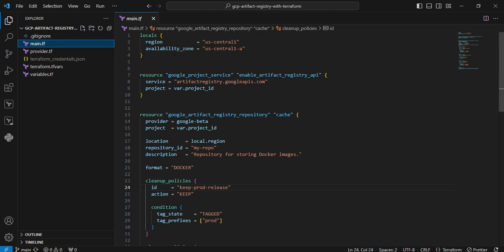So the first one is the local value, assigning the name to the exponential. Here I am defining two values, one for the region and another for availability zones. Corresponding to the environment, I am going to define it here. The next resource is the Google Project Service resource, to enable the API of the Artifact Registry at the time of